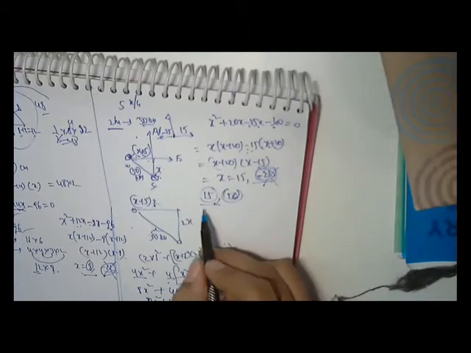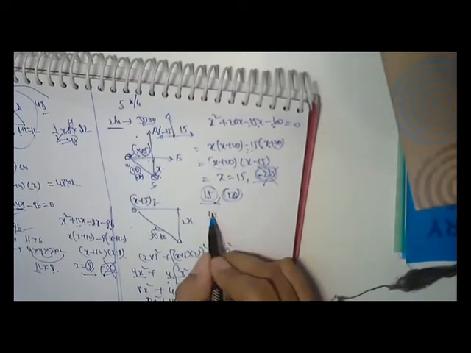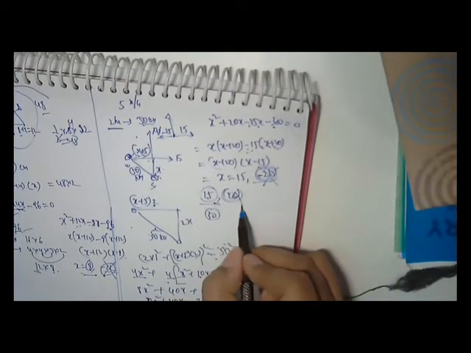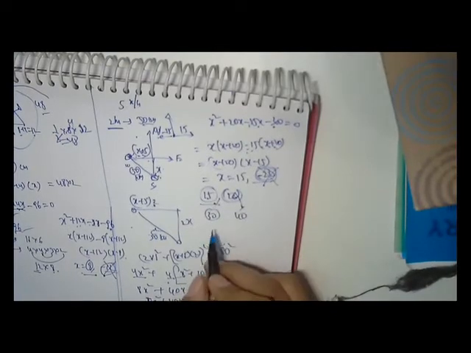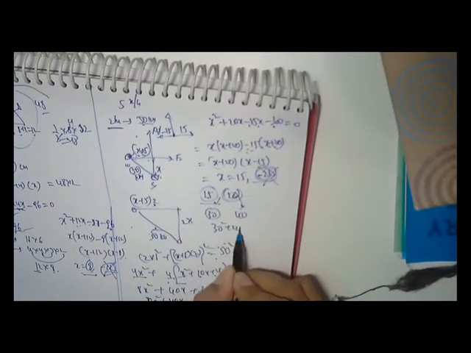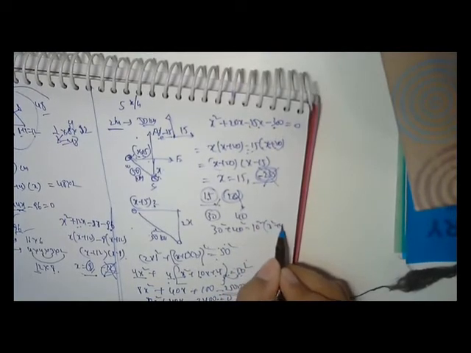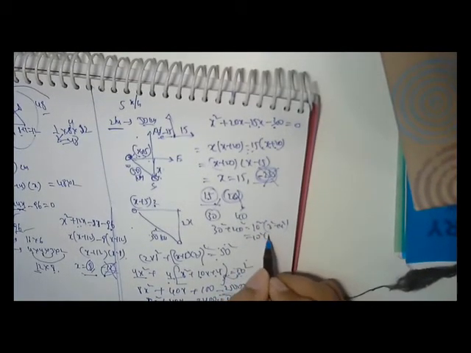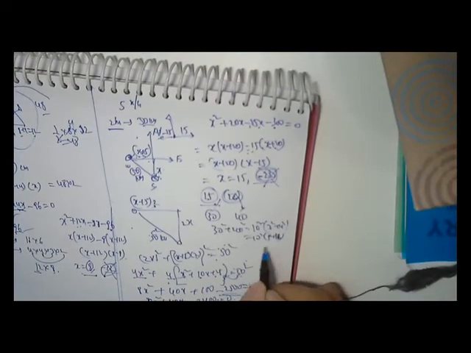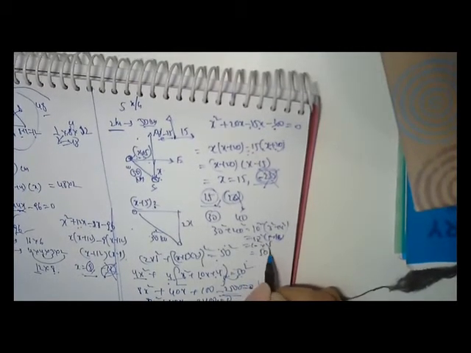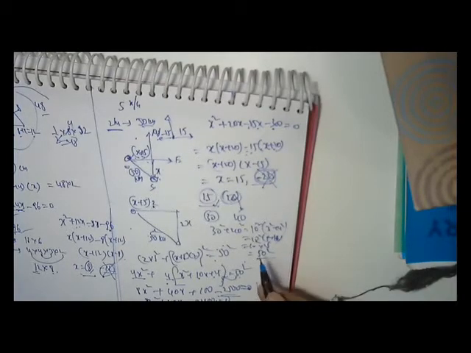This is the speed. Let us check. In 2 hours it travels 30 kilometers. In 2 hours it travels 40 kilometers. So 30 square plus 40 square is equal to 10 square into 3 square plus 4 square, 10 square into 9 plus 16, 10 square into 25, that is 50 square. So the problem is correct.